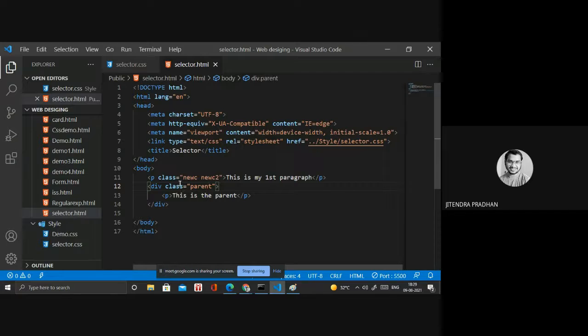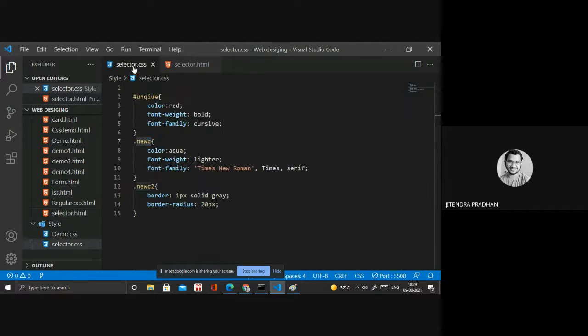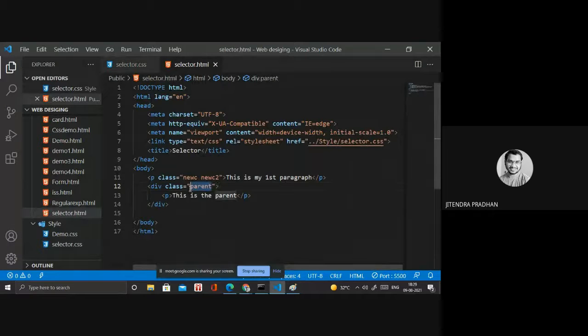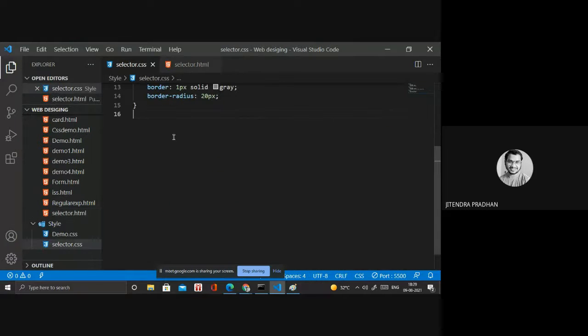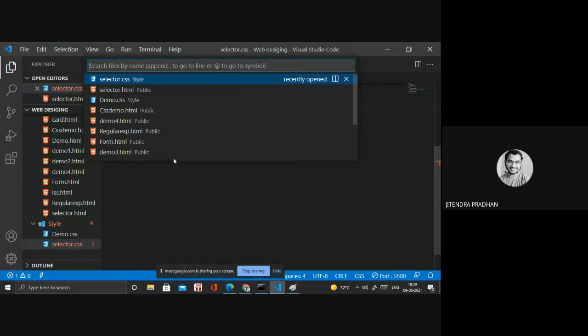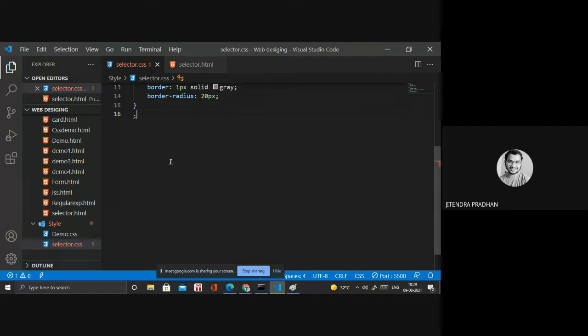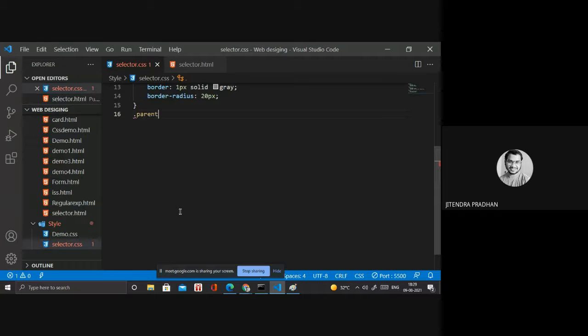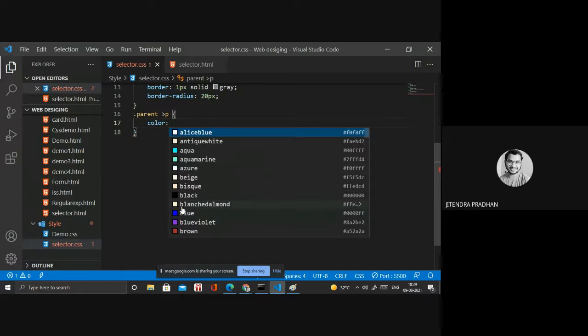Okay. So if I use, what is the name of my class? It's parent. We copy that parent class, dot parent class. Next we have the child class, and inside that I write color.